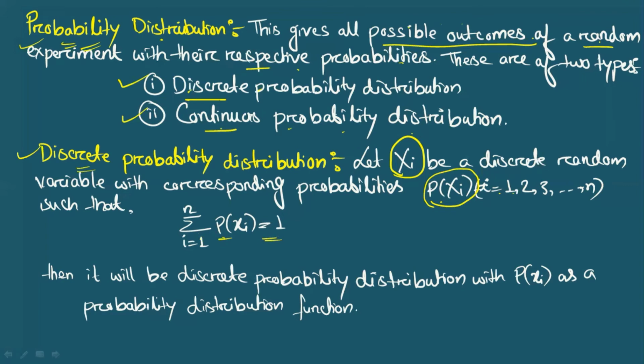So using this you will take the individual probability for each discrete variable, and then the total probability which you will get is equal to 1, because we know total probability is equal to 1. So this discrete probability distribution is giving us what? The distribution of probability when the random variable associated with a random experiment is discrete. So this is the discrete probability distribution.